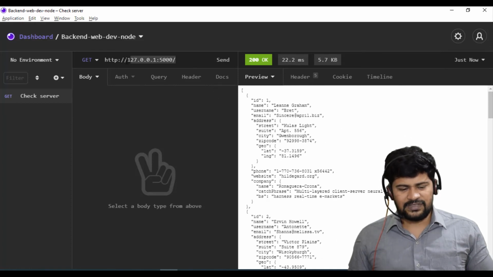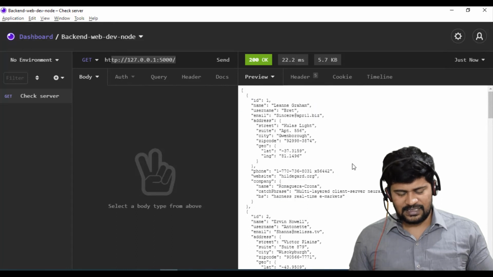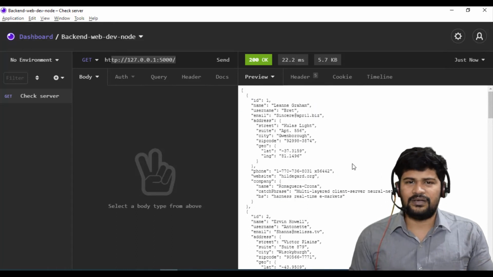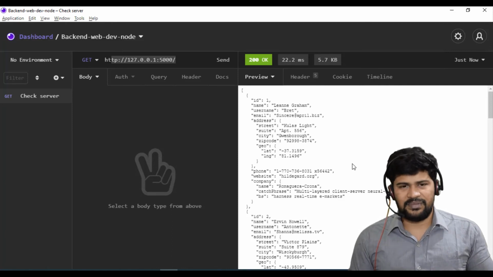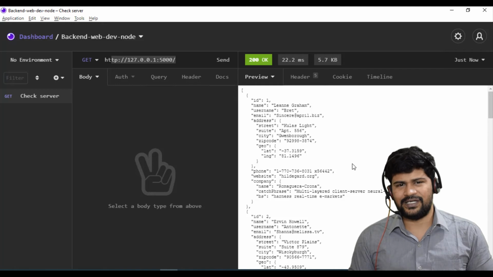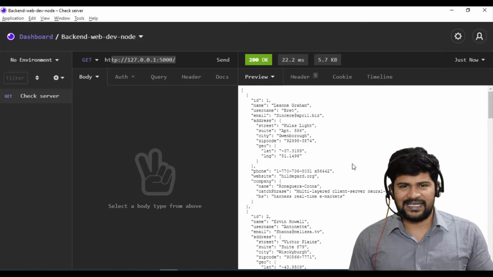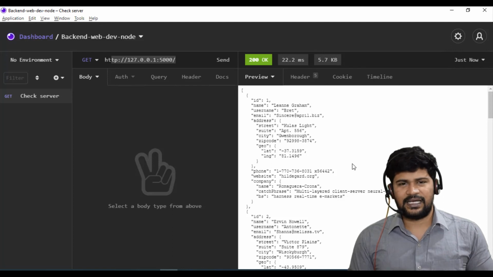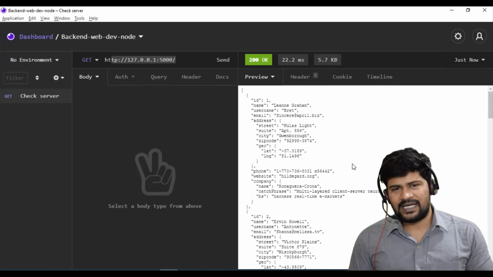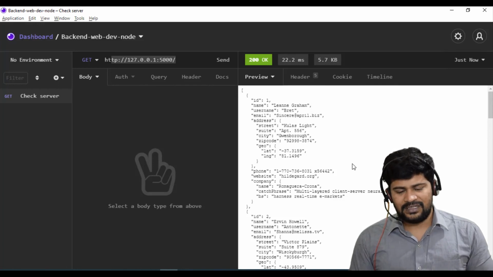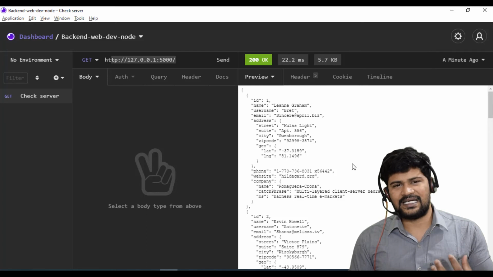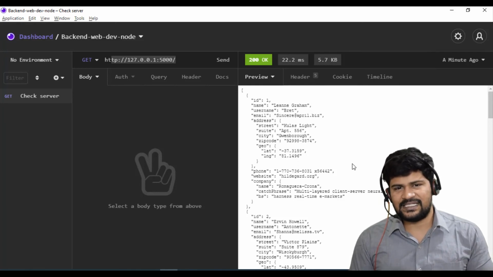Whenever you send a request and get a JSON response, this particular JSON response can be read from React JS, or Angular, or any kind of client-side application. You can read this type of raw JSON data and bind it to the HTML elements, and you can display nice cards, or tables, or any kind of data. Hardly what the server has to do is be responsible for generating this type of data. Of course, in this example we have just taken an existing JSON data and sent it.